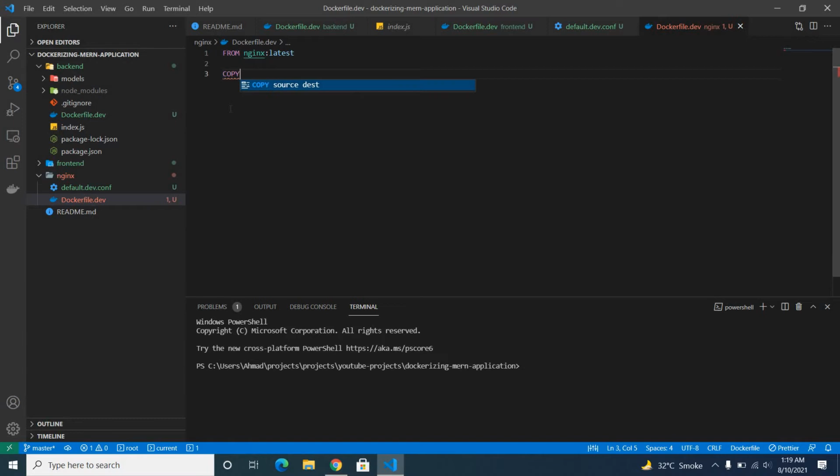and then overwrite our custom default file to the default nginx configuration file.